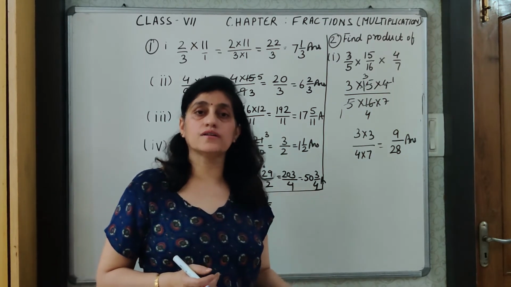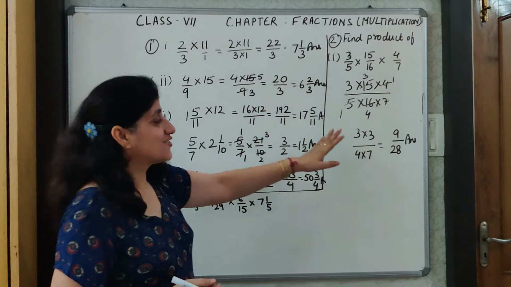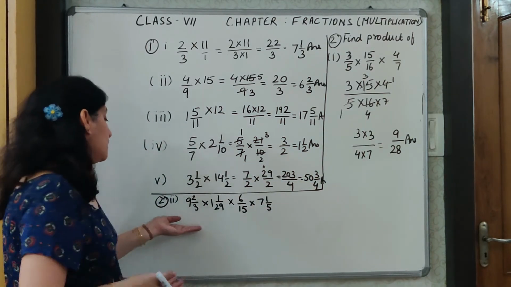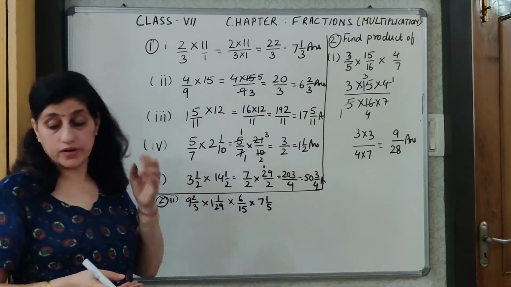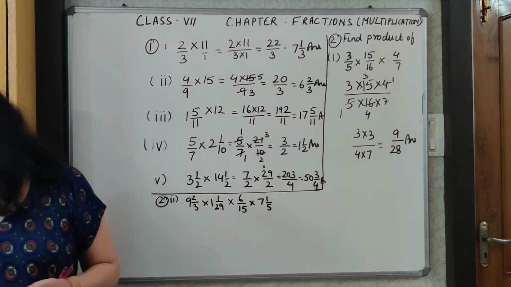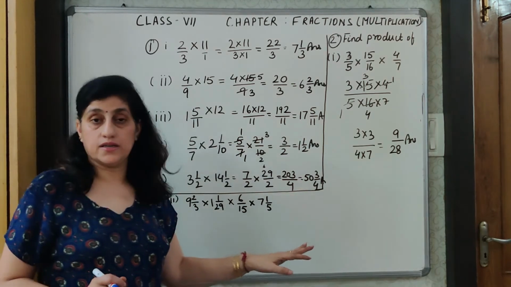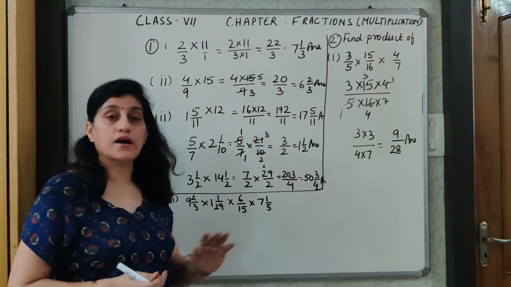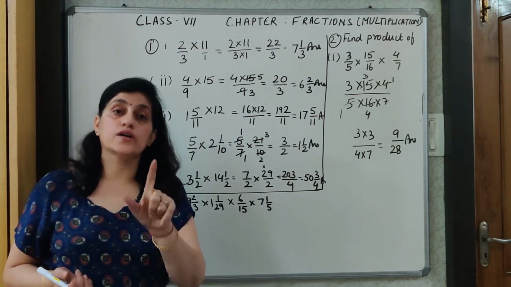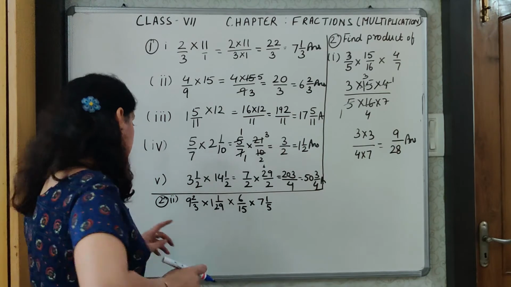Good? Enjoying? Okay. If you are enjoying, I am moving on to a slightly bigger question. One more question mentioned over here. In this particular question, there are 4 terms multiplied. I can see some of them are mixed fractions also. So the first step, converting it to improper fraction.